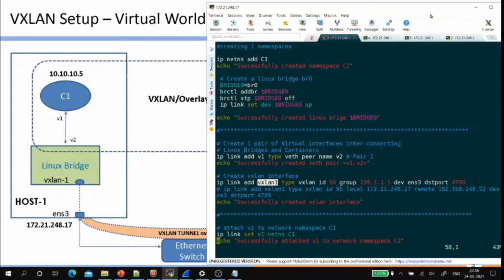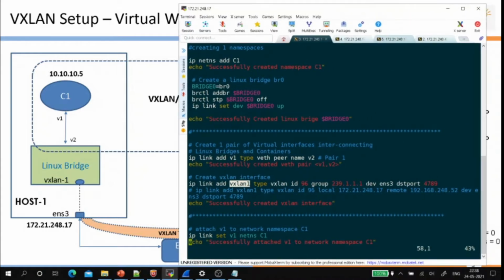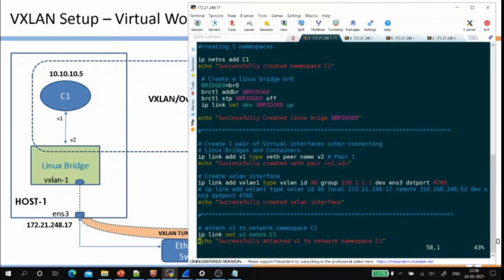If we carefully observe here, we are also associating a corresponding host interface which will act as a VXLAN tunnel endpoint, associating that host interface to a multicast group address, and also the port number 4789. Also, we are associating a VXLAN ID to uniquely identify this VXLAN.